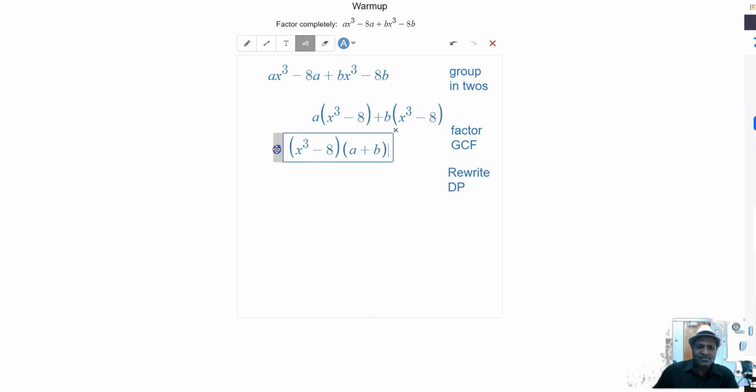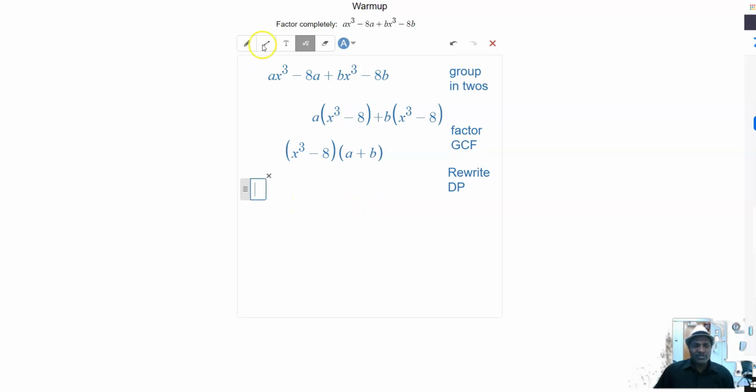Now, let's see what we have. We got a plus b, that's a linear expression. That can't be factored. That's done. But you look at x cubed minus 8. That is a difference of cubes. And we learned from yesterday's lesson, which you'll probably need to review if you don't remember how to do this,